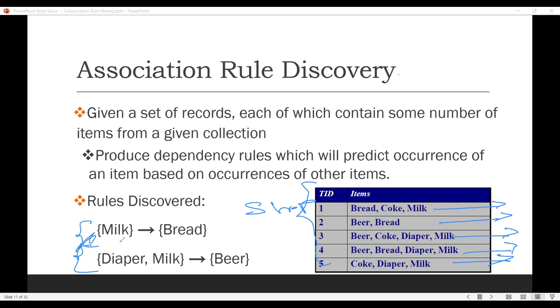So what are the patterns? Based on the past records, in the particular bakery shop, it says someone purchases milk. Most of the time, they will purchase the bread as well, right? This is one transaction. This is one frequent pattern. Association rule mining means you are extracting some frequent patterns, right? So in this particular area, the bakery shop, normally one pattern is there: someone purchasing milk,